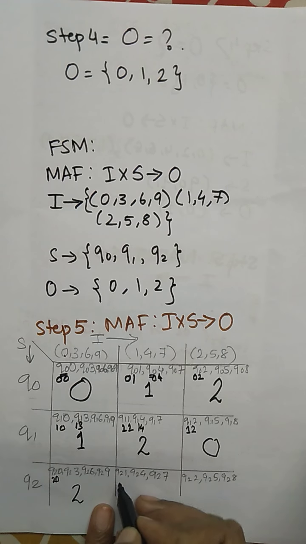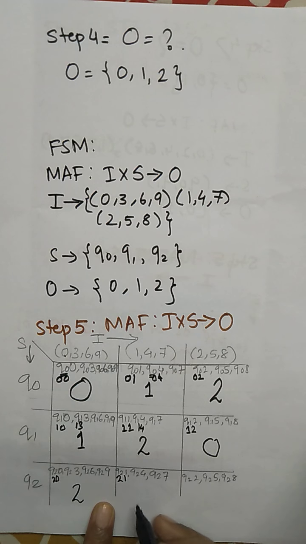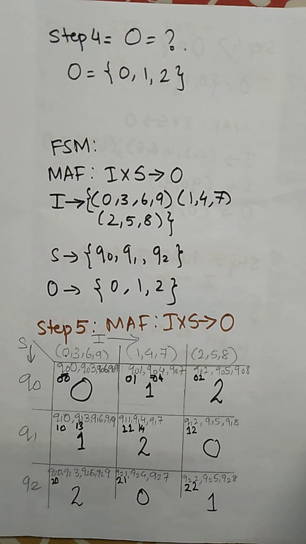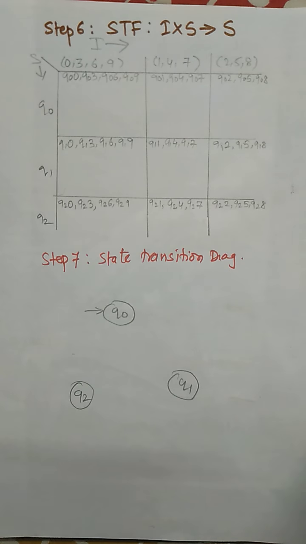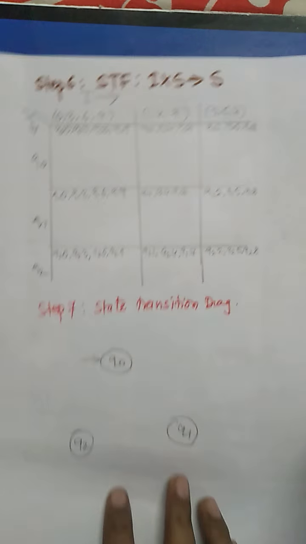Now Q2 with 1, previous remainder 2 and the next bit as 1 will make number 21 with the remainder 0. Previous remainder 2 with the next bit as 2 will make number 22. So number 22 will give us remainder 1. Now, as seen in the diagram,